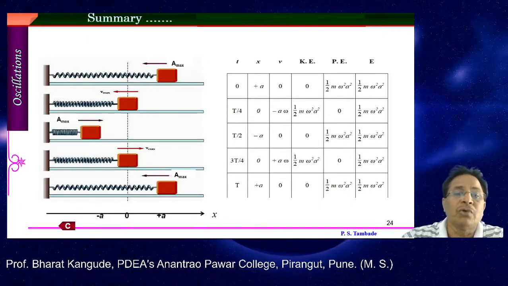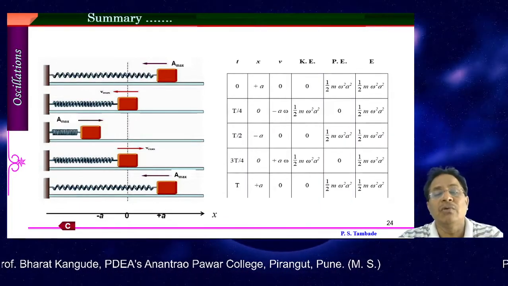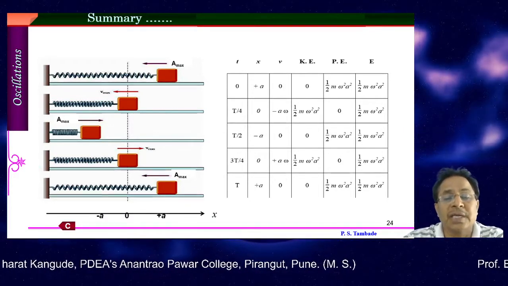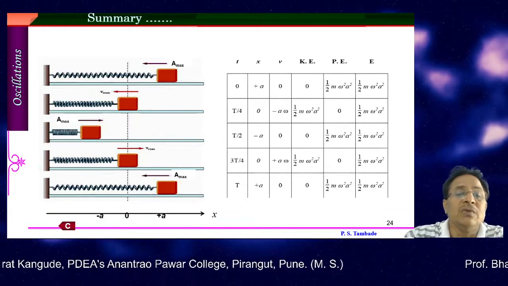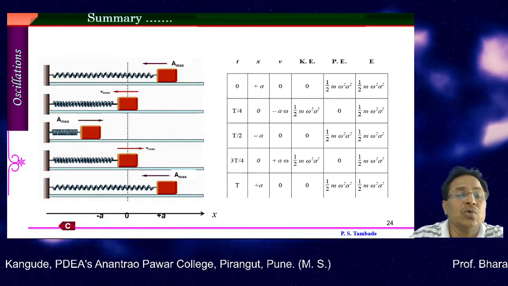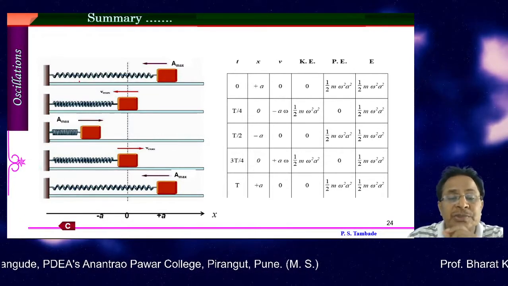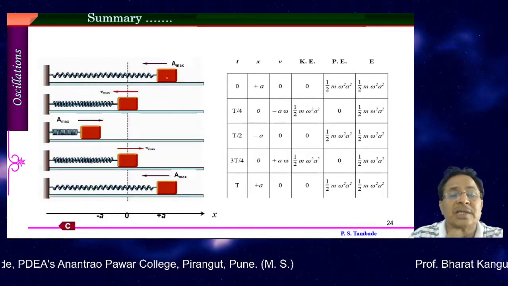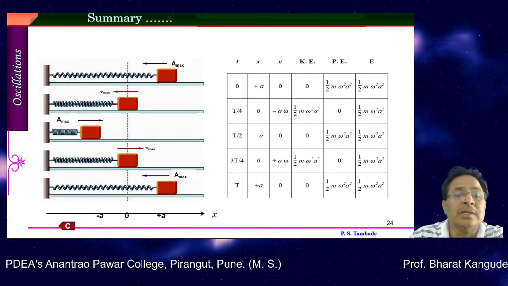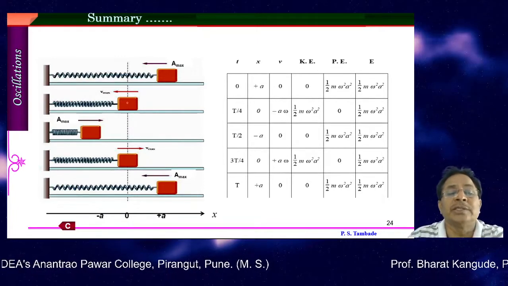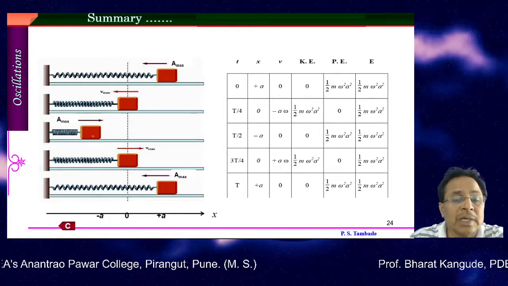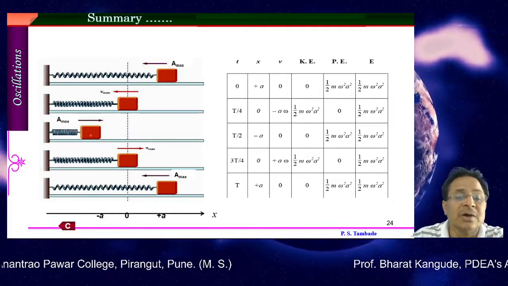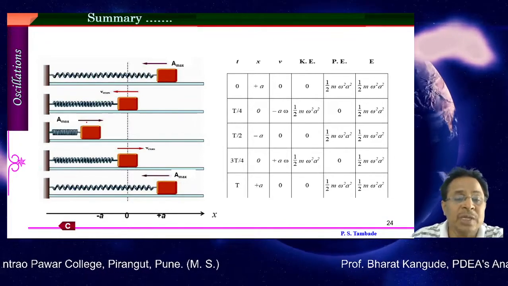Now when we go for the actual summary, that means if we take this spring mass system, and this particular spring is undergoing certain oscillations, this is how it is going to look. These are the different snapshots or locations I have selected. This is one location where the oscillator is found to be at maximum amplitude. This is the second position where the oscillator is found at equilibrium position. The third diagram shows the spring now in compressed mode, and the oscillator is at the maximum left or extreme end. So this is again A max.